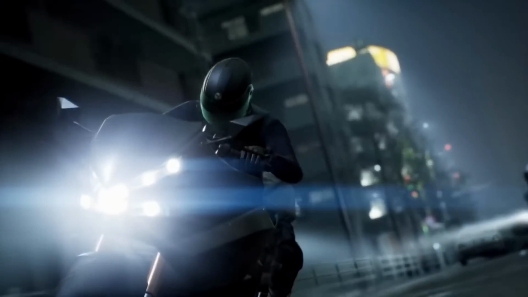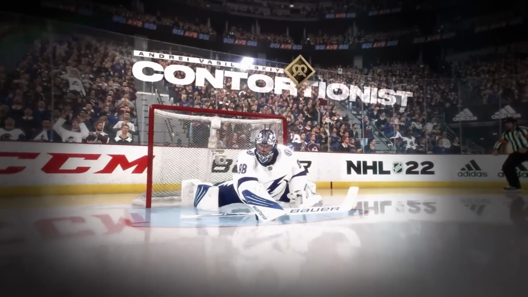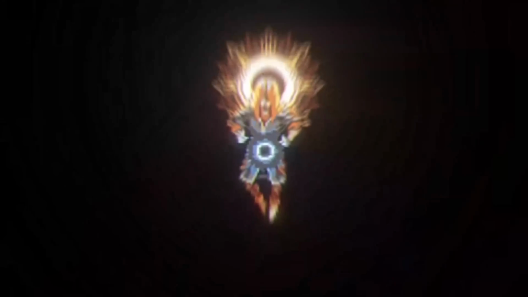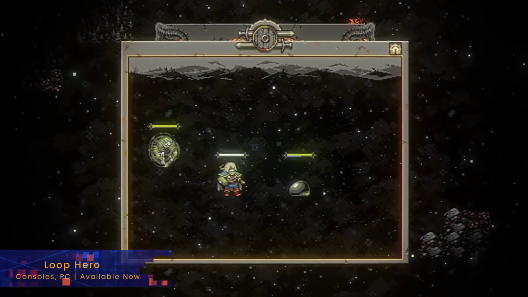So the first half of April's Game Pass lineup is here, and we have multiple day one titles and some amazing games to take a look at. We'll start this with Loop Hero that's available now, and this game's all about you, a brave hero, taking on